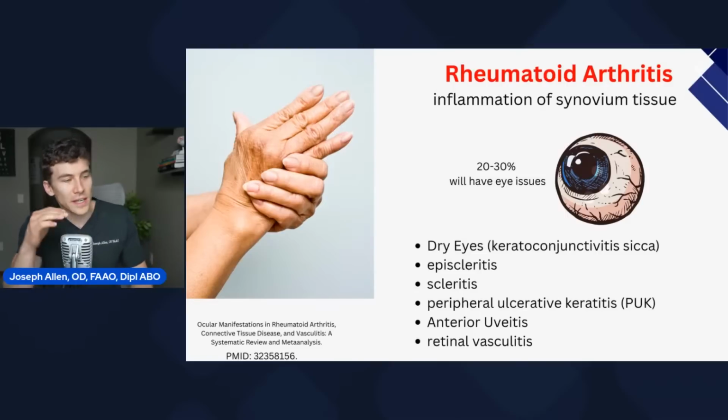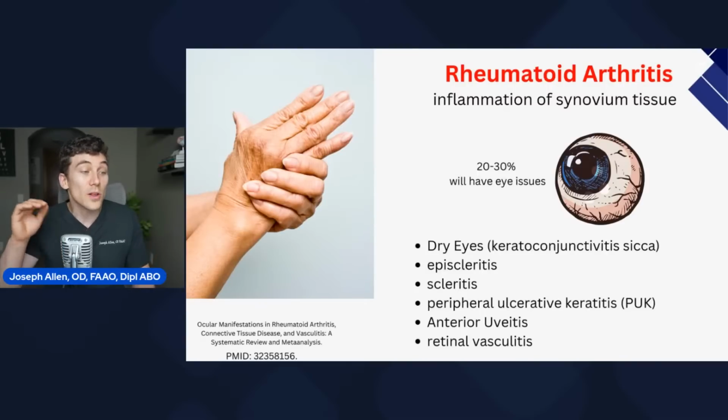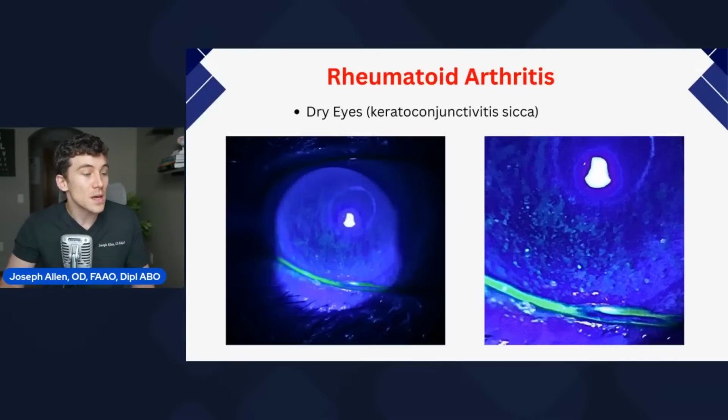Some of the big ones that are listed here, we're going to run through and explain a little more in depth, because a lot of the other autoimmune conditions that we talk about in today's presentation also present with similar issues with the eye. The first big one, and we talk a lot about it on this channel, is dry eyes, because I myself have suffered with dry eyes since about my late teens.